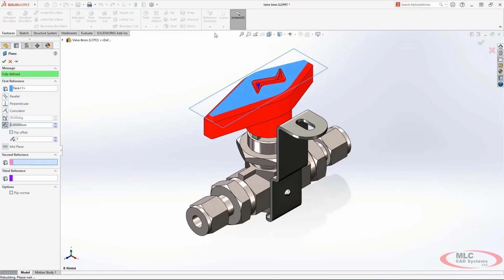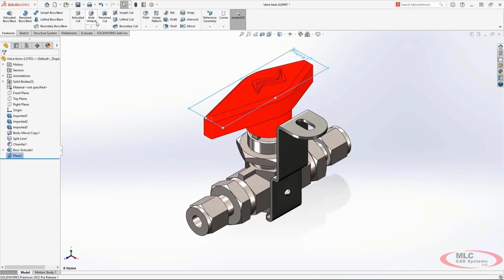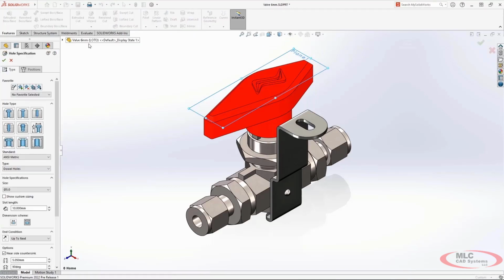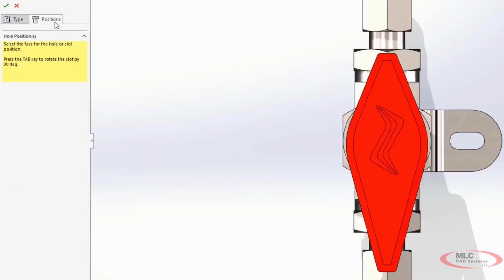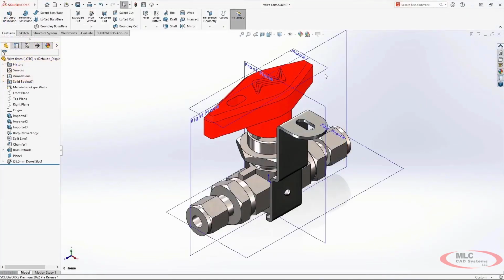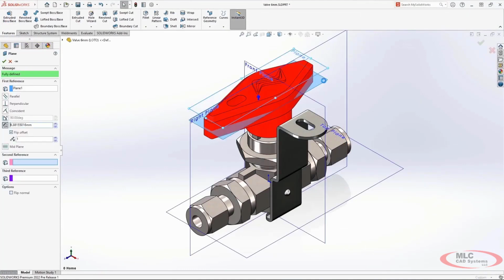The handle itself needs a slot for a lock. We can add slots directly through the Hole Wizard. Now the slot length can be defined by arc tangents or centers. Also, when defining the slot, the tab key can be utilized for horizontal and vertical positioning. Manufacturing this handle will require draft,